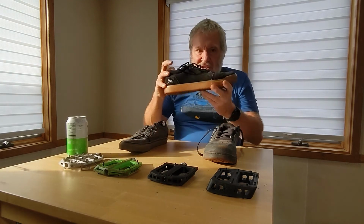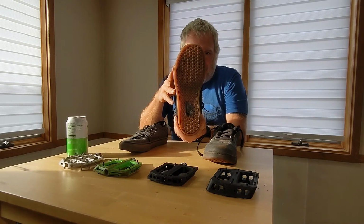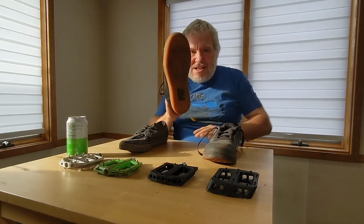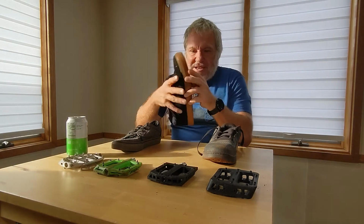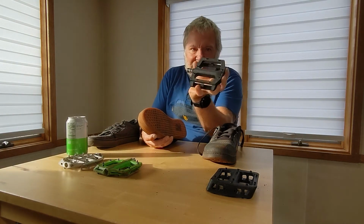Ride Concepts Vice shoe, I just got this year. I believe they're a new design. They kind of stole the Vans idea and tried to add a little more protection to the shoe, a little bit stiffer, a little more arch support, things like that, than what I would find in most Vans, but very much the same thing. So between these two shoes, if I'm riding my BMX bike,